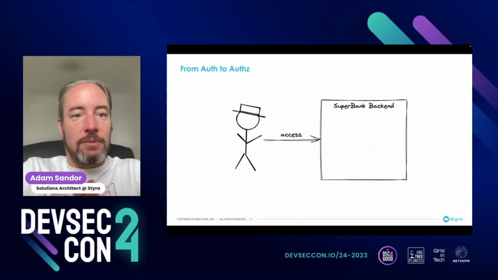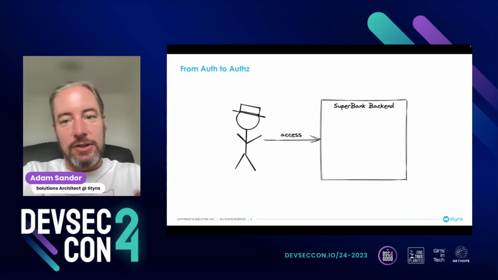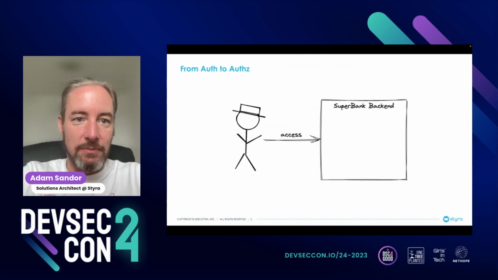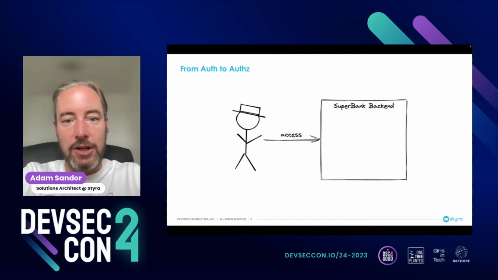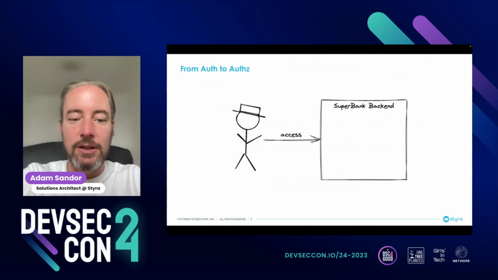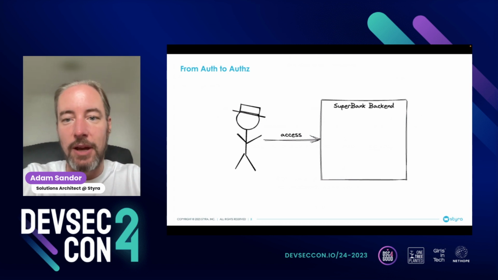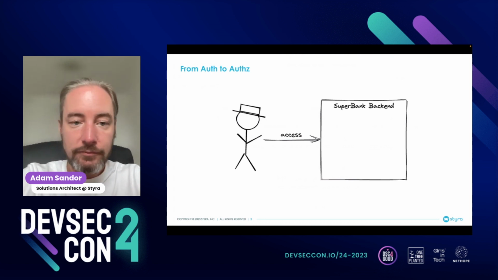To start easy, how do we get from authenticating a user to actually authorizing them and deciding what kind of permissions they would have to our application? Our application today will be the Superbank backend, where customer support agents can log in and help Superbank's customers with their daily problems around their banking. So